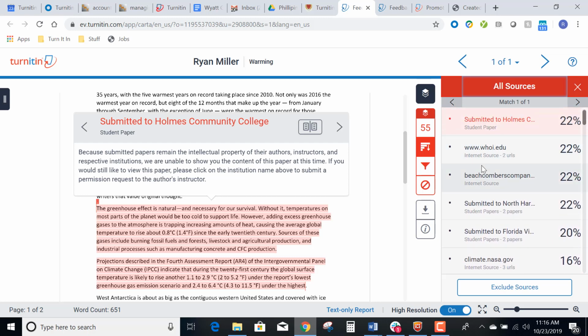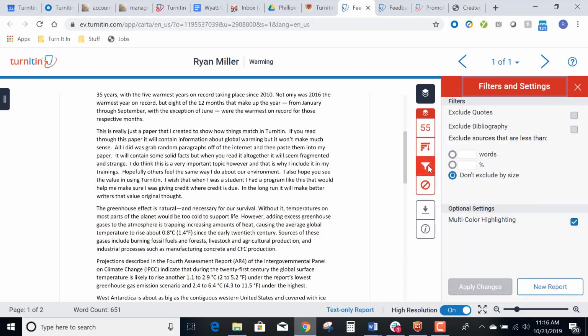If you click on this button here, these are your filters and settings. As you might remember, when we created this assignment, we had the ability to choose these filters and settings on the assignment level. When creating the assignment, if you choose exclusions, it will affect every student's paper that is submitted to that assignment. But you do have the option with this button here to exclude these sources on a paper-by-paper